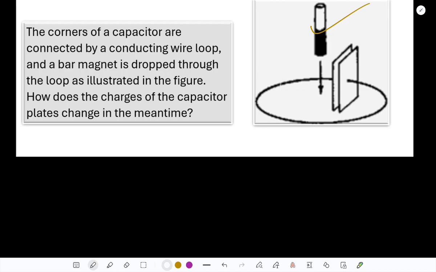Simply planning the solution. If the resistance of the wire loop is negligible, the capacitor is charged and discharged in such a way that its voltage is always the same as the induced voltage. Then the charge Q of the capacitor plate is proportional to the voltage, Q equals CV, and C is not changing, so its charge over time can be described by the graph,